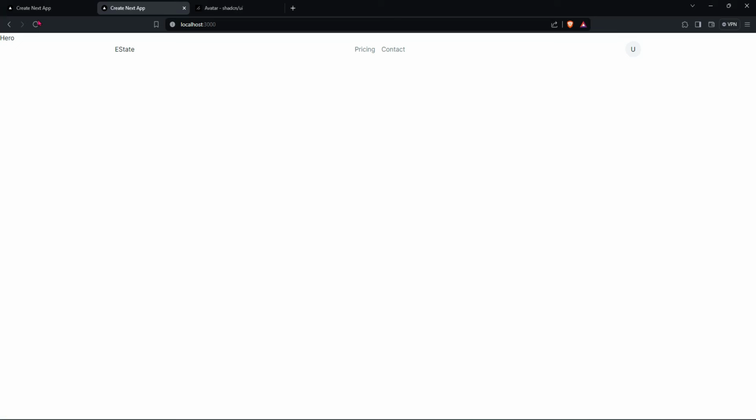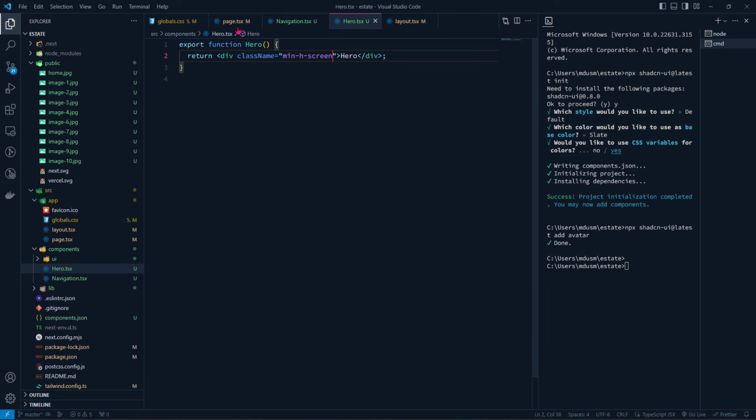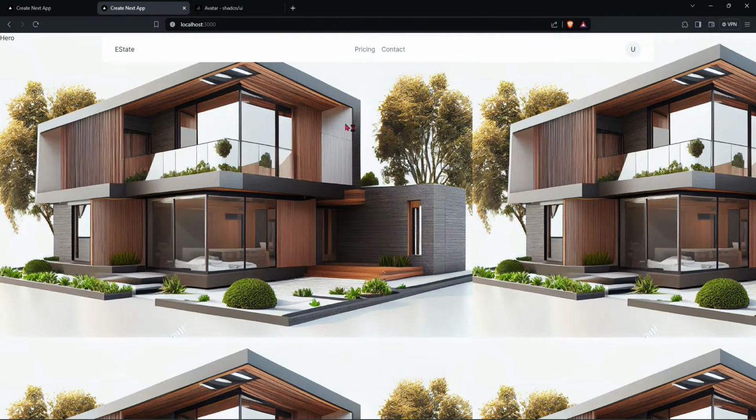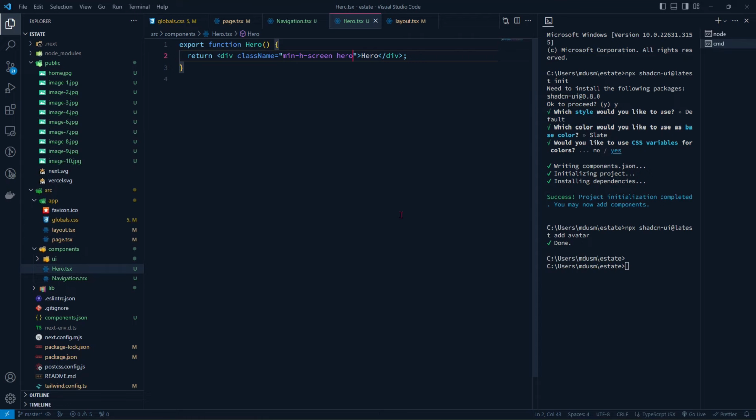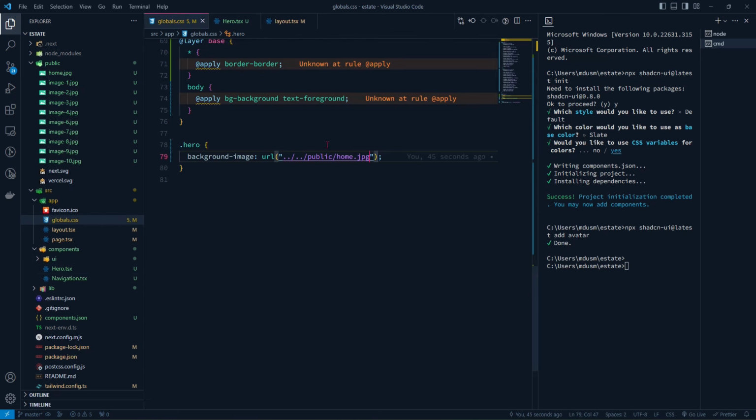Now it should be in effect on the screen. It's still not working. Why? Because we haven't applied our class name here. We need to add hero. And now, as you can see, first thing, we don't need to repeat the image. So I'm going to go here and cut out this and this, and here I'm just going to